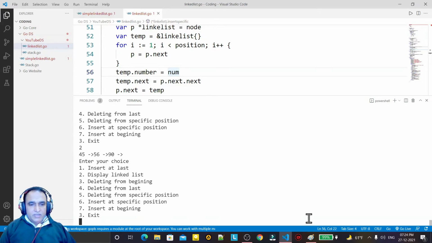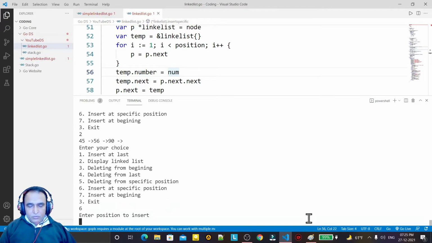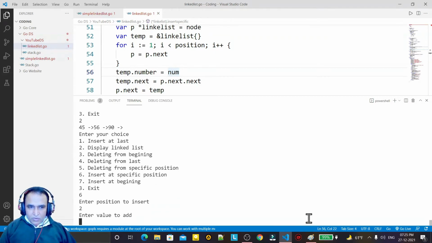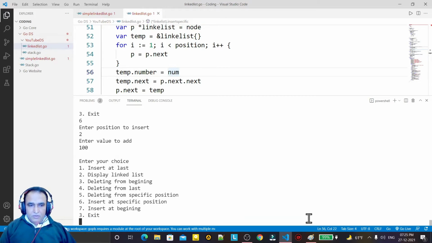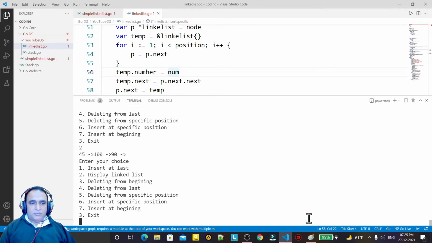Now I want to insert at a specific position. That means I want to insert after 56. So I want to insert at second position. So I say 6 option. It asks me the position to insert. I say I want to insert at second. What value I want to insert? I want to insert 100. Now I display. You see the 100 is displayed,